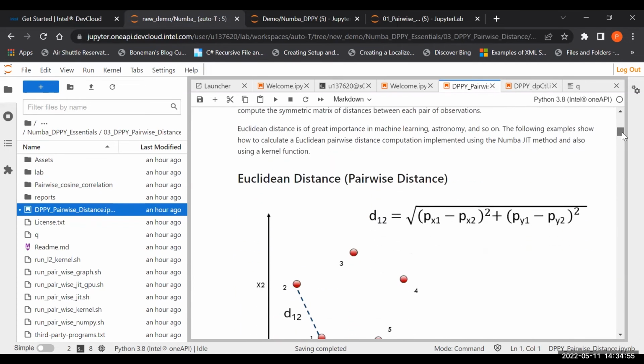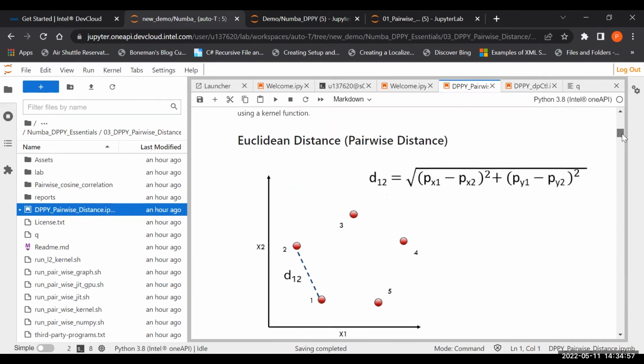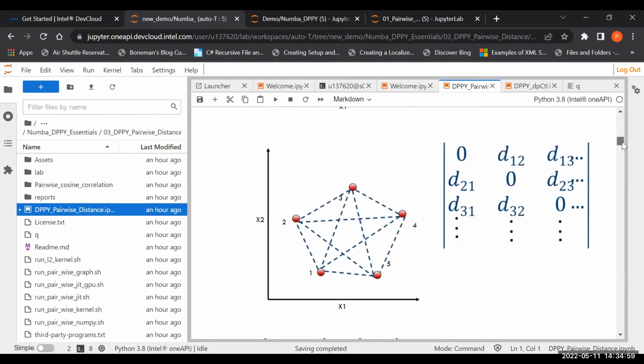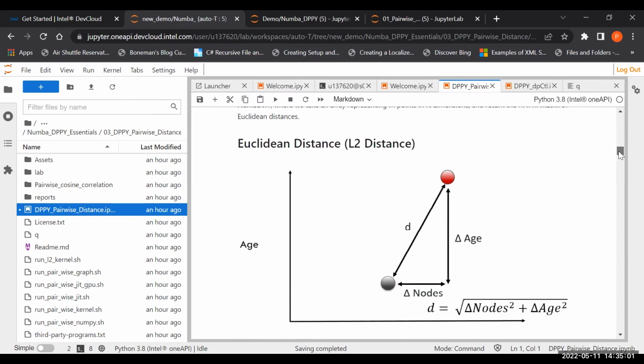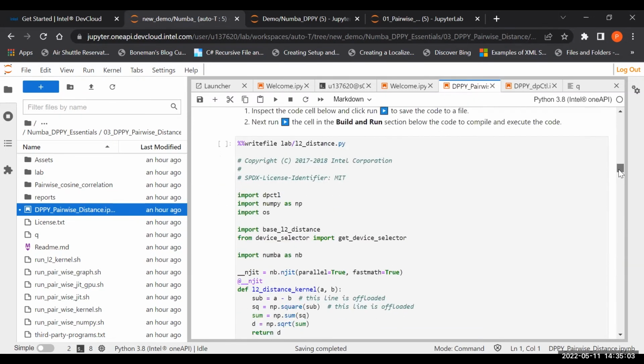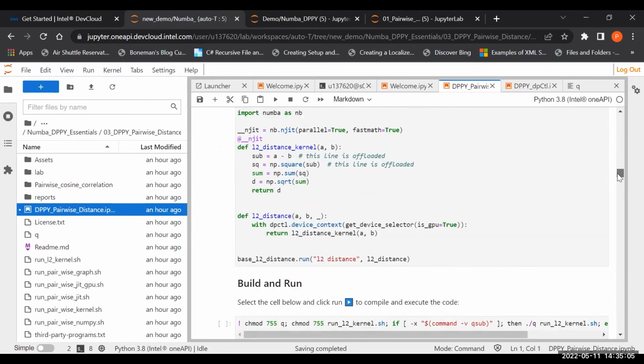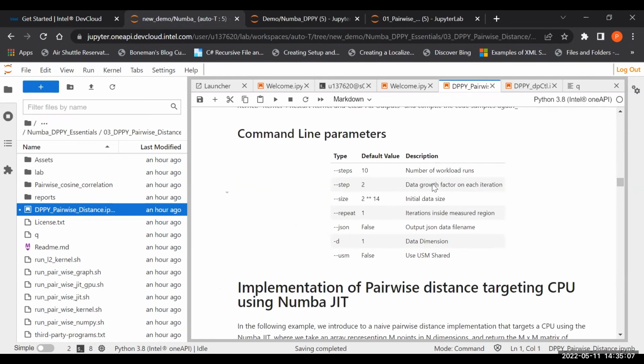And so we already talked about this. All these are clearly detailed, right? The distance matrix and calculating the L2 distance. There is an example for you to calculate L2 distance. And so these are the main things, the command line parameters that we are passing in to each of